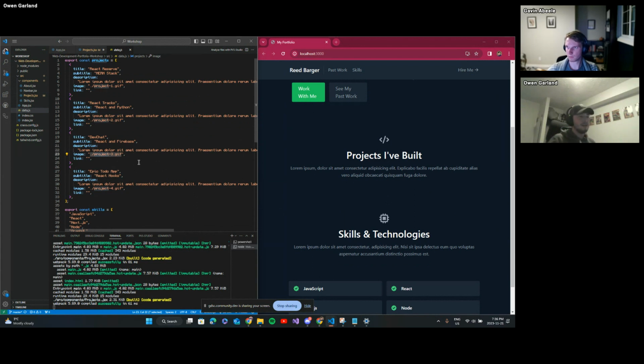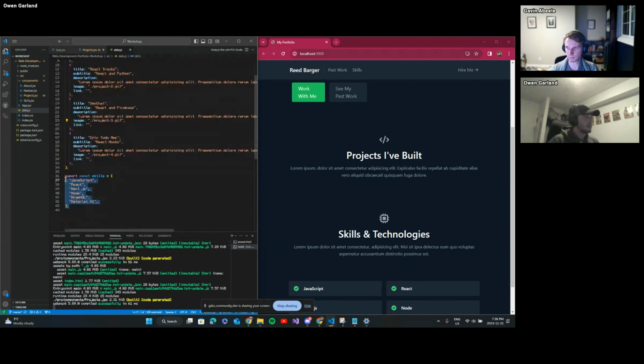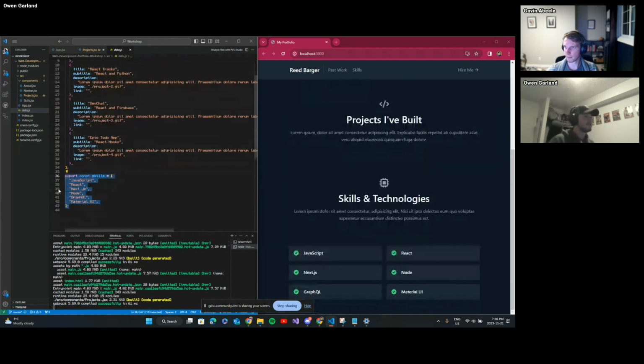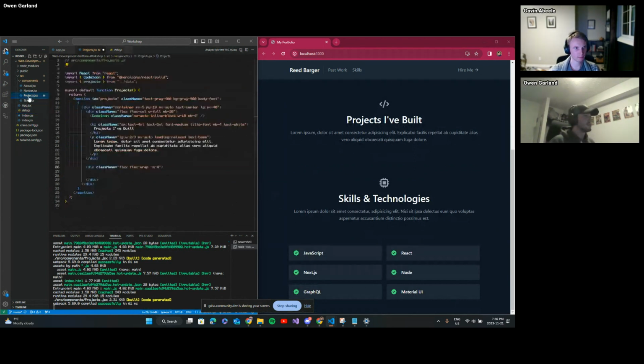So it lets us store it separately. And then whenever we want to import other data, all we have to do is change our data file, and it will automatically adjust, because we'll add a function in our projects file that will automatically fill out the projects and then organize it accordingly. And this is how our skills are working too. It's basically importing the skills. You could put in whatever you wanted, and it would put it in there for you. So we'll be putting that in here, which is what I forgot for a little bit. So we're going to have to call this mapping of the projects